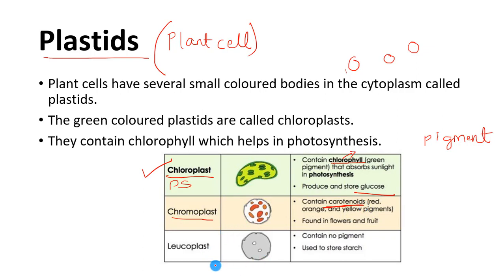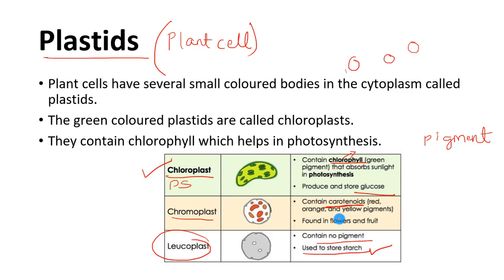You have a colorless, like we have white color, skin color, right? It is colorless. So in the same way, you have a colorless plastid also present in the cell, and that is said to be leucoplast. It does not contain any color in it. A white color as skin color has some kind of color, but this plastid, that is leucoplast, does not have any color in it. It does not contain chlorophyll. Then why is this present in our cell? It is said that it is present to store starch.